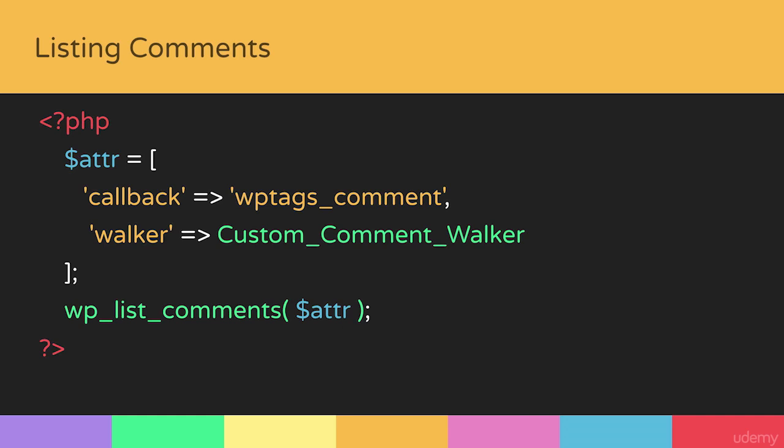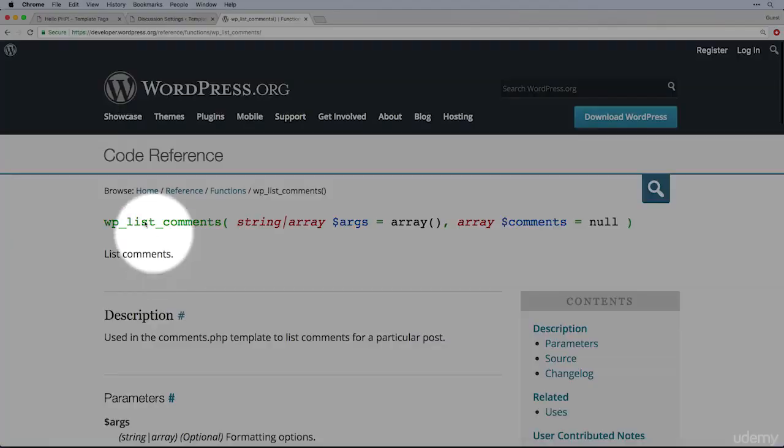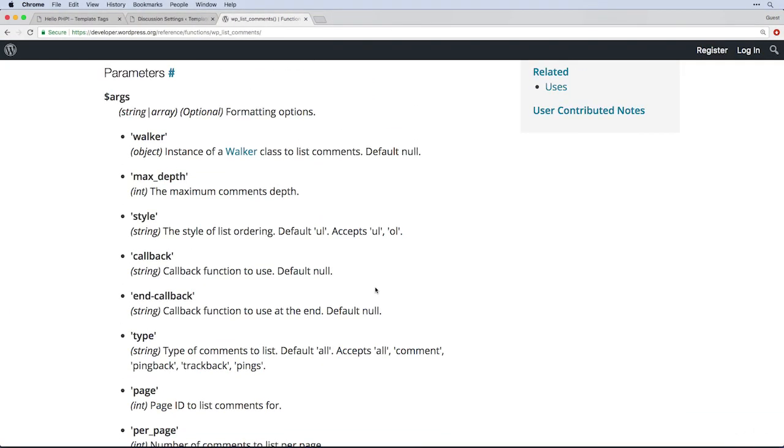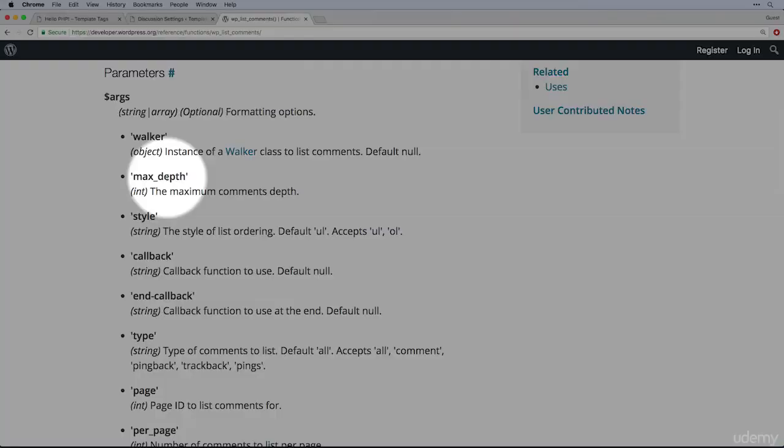But wp_list_comments does take some other parameters as well. So let's look at the docs for this one, and then let's start at scratch and start looking at how we could build out an entire comment section for our theme, including getting into using some of the template tags. So first of all, if we come into the docs to wp_list_comments, we could see that it takes arguments and it'll take specific comments if we want to pass in specific comments to get. So inside of the arguments, we see max depth, the style of it, whether it's an ordered list or unordered list,